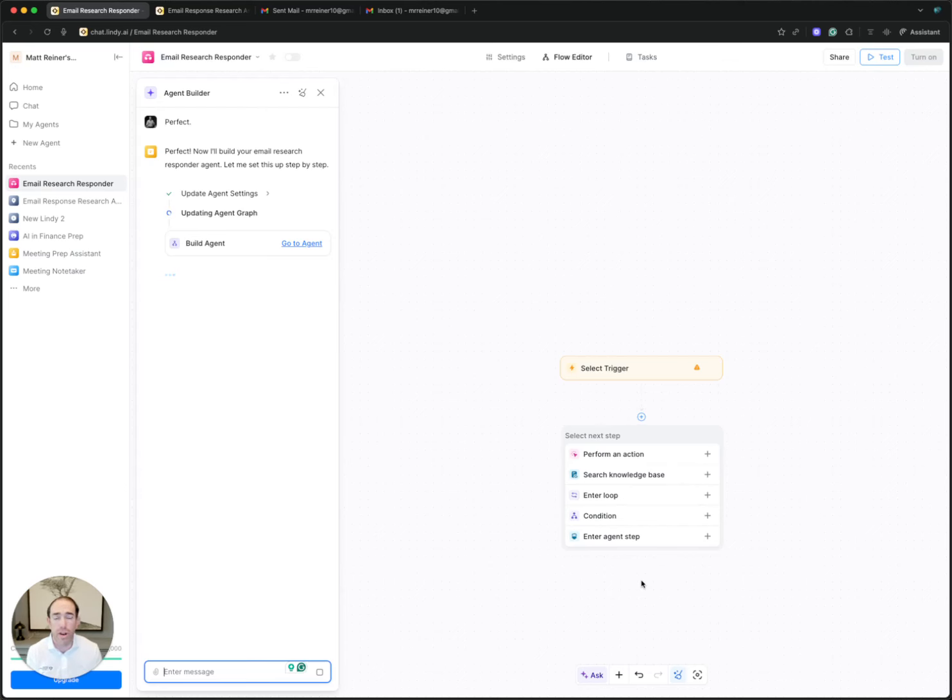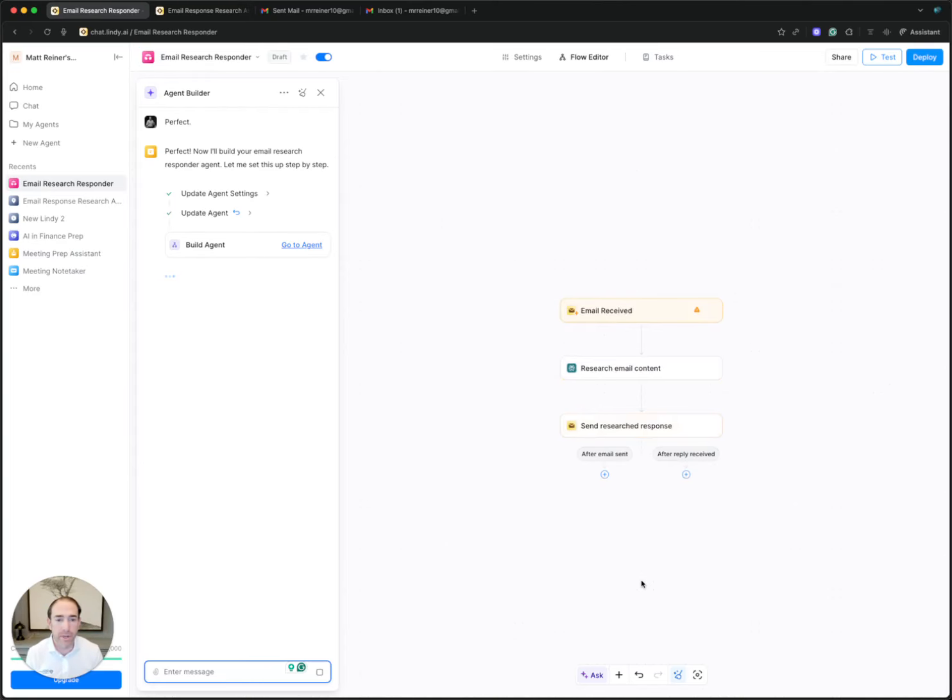And this is what I was trying to build in the past, and it was just difficult for me. It was really, really hard, and I wasn't able to get it to work the right way, and I kept getting errors, and I didn't have this agent builder to help me. I had another process that I could use, but not the agent builder. And as I was doing it with my last one, it was showing me all the steps, and I was able to execute on it quickly.